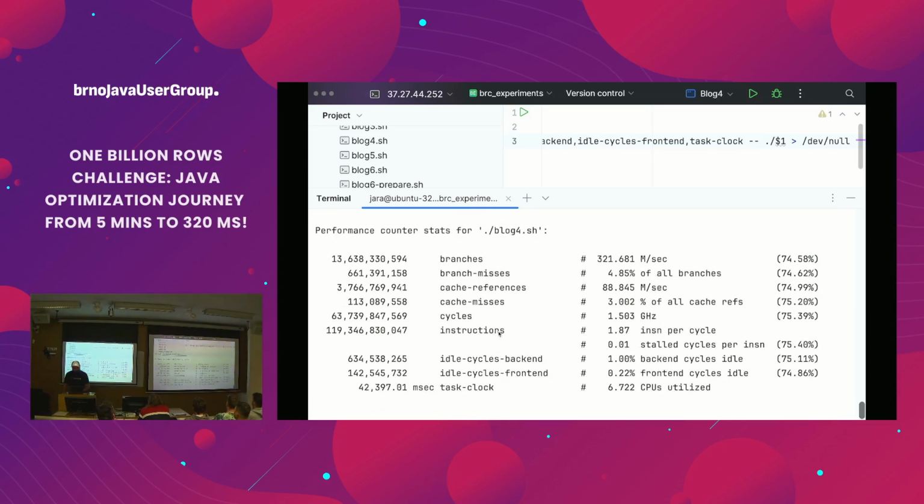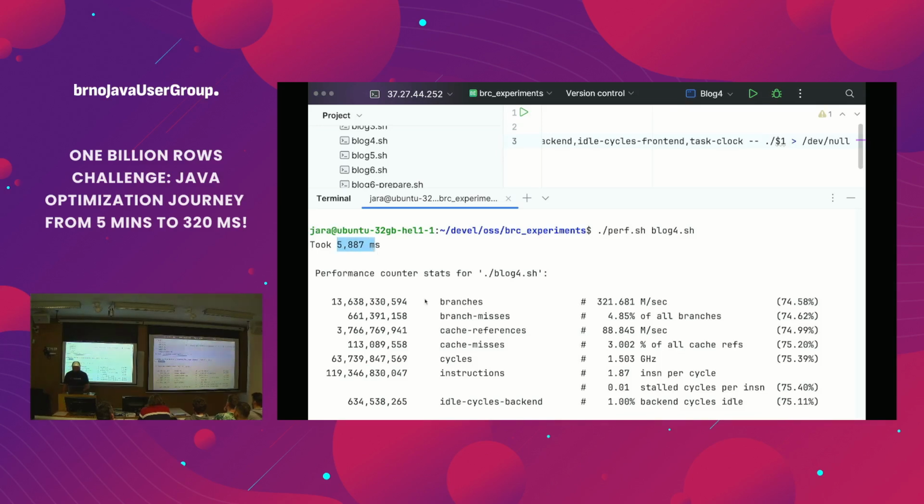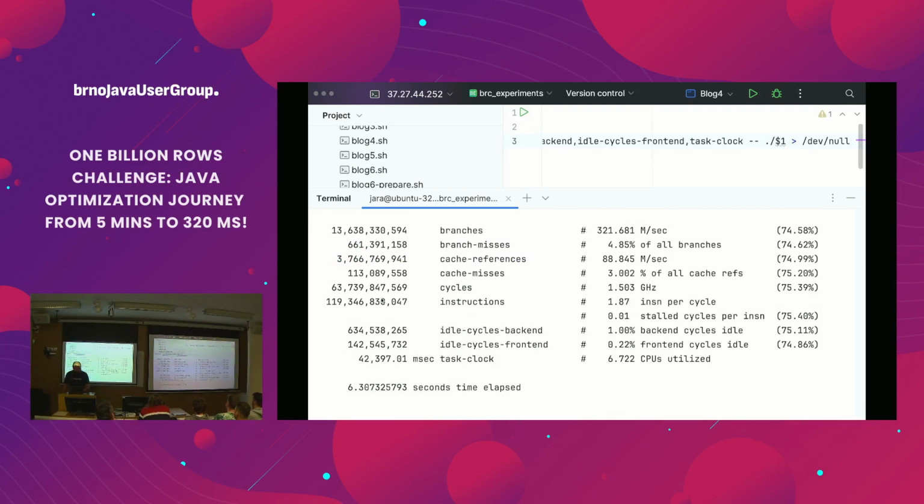Okay, so you see that the execution was done again in about 6 seconds. It's jittery. And it processed 120 billion instructions, 13 billion branches, and 600 million branch misses. Doesn't sound too bad until you start realizing, okay, I have 1 billion rows and 600 million branch misses. It means on average, I have like every second row has a branch miss. Or it's even worse, like 0.5 would be every second, so it's actually worse.